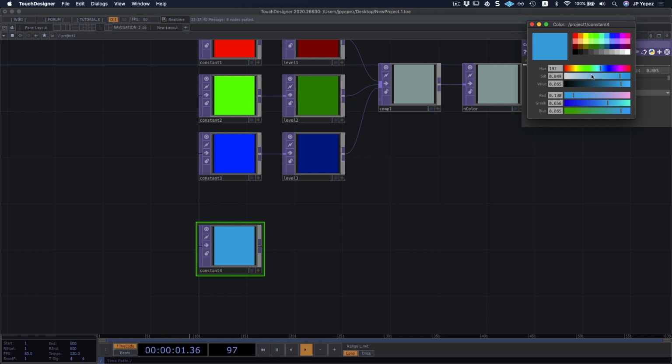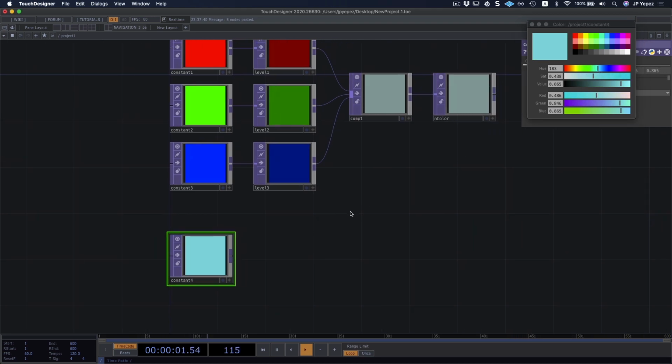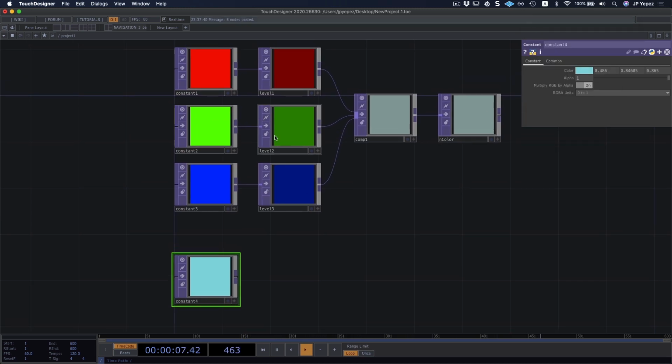HSV is definitely worth exploring. But if you're comfortable with RGB, you also have a bit of a red, green, and blue picker. As you get comfortable with colors, maybe consider using hue, saturation, and value. The more you work with TouchDesigner, they are a better way to work with colors and to do maybe some interesting effects and to mix similar colors without having to really calculate how green and blue go together. It's just way more natural. In general, that's how color works here. But we're going to be adding something else as we go into this color. Like we have